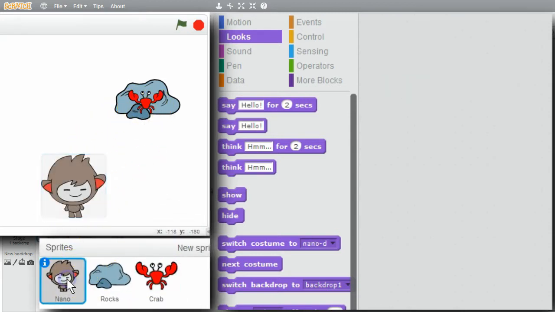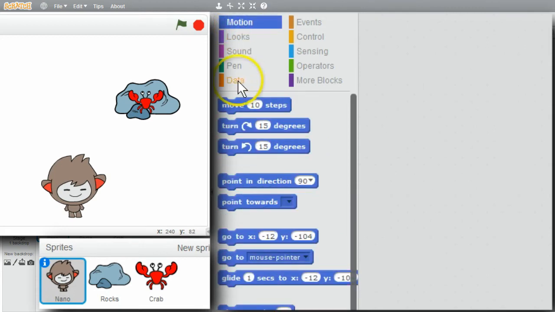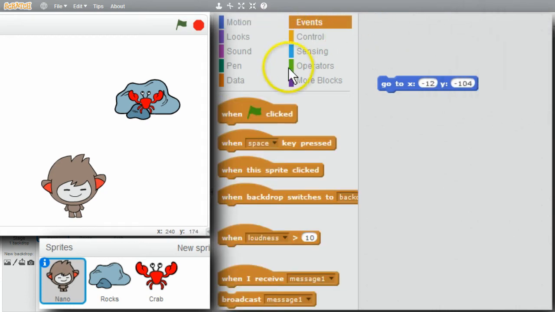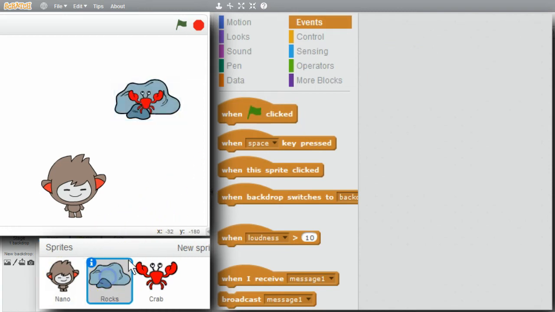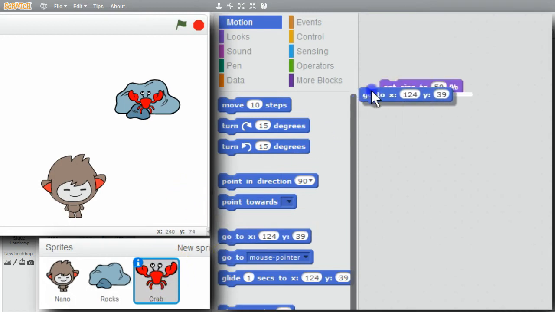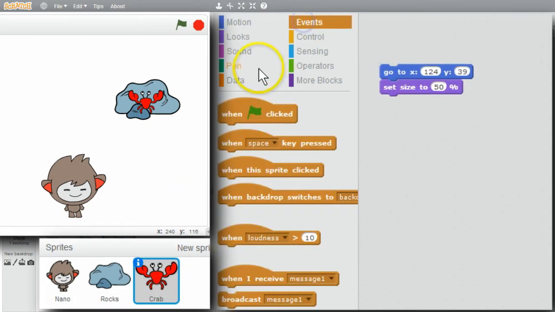I'll start with Nano, Motion, Go To. This will go to where Nano currently is. Events. I want to do this when the green flag's clicked. I'll get Rocks next. When the green flag is clicked, Motion, Go To. Now it'll go to its position. And the crab. Go To. When the green flag's clicked,